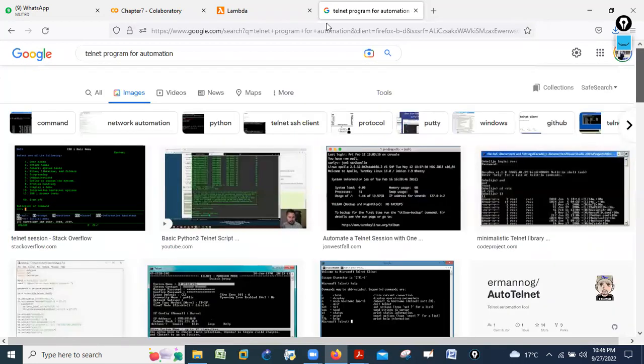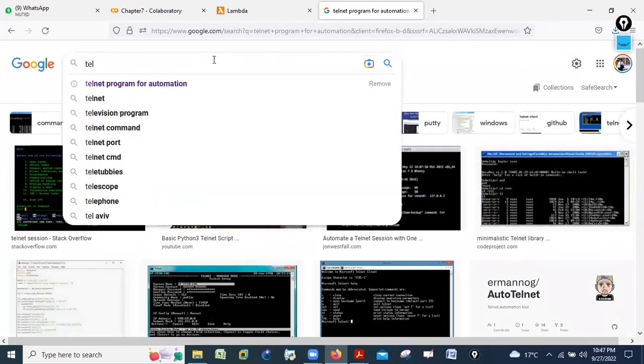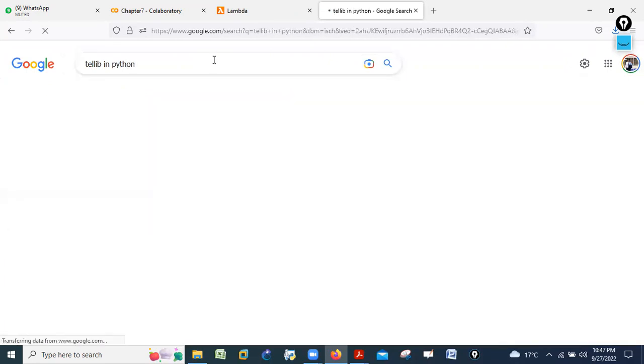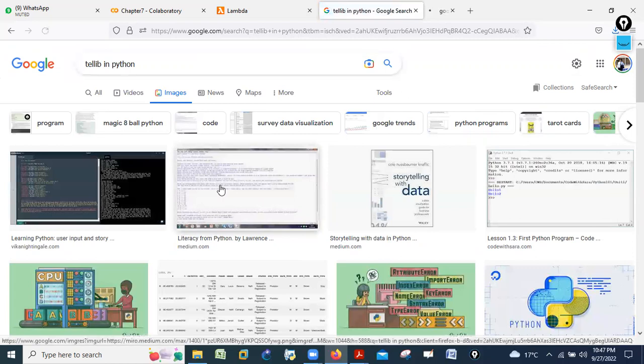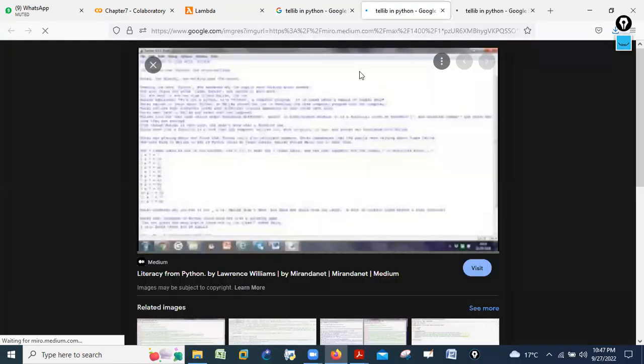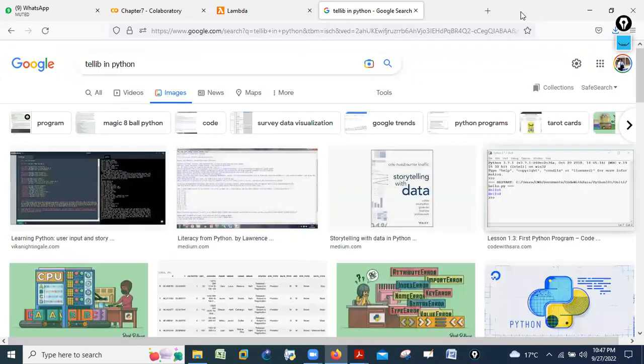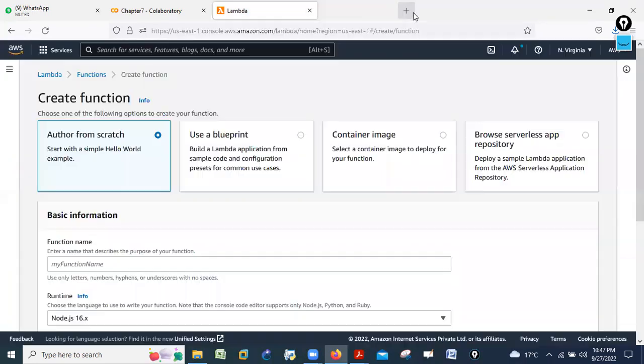Or let me say the telnet library in Python. Correct. So whenever you see here, or let me show you here, I'm using the IDLE. Yes. So this time I will use the IDLE. Whenever we are talking about the module, we have to go with the IDLE.